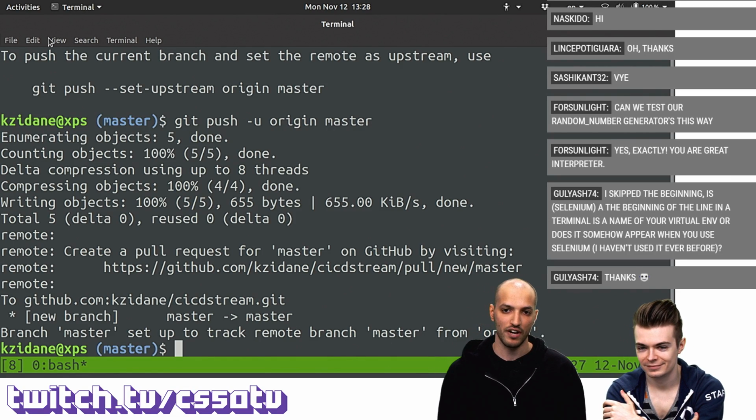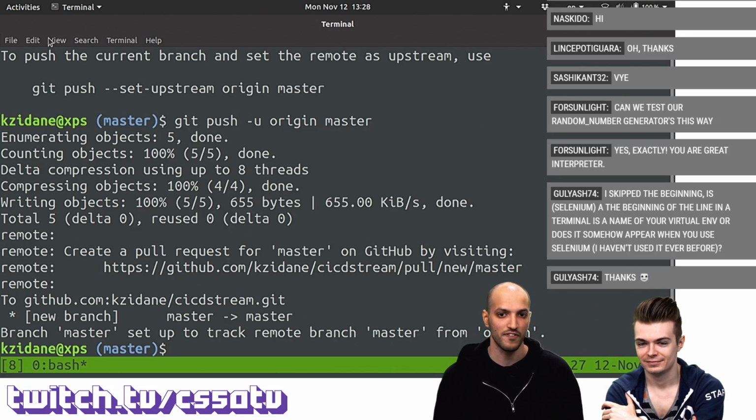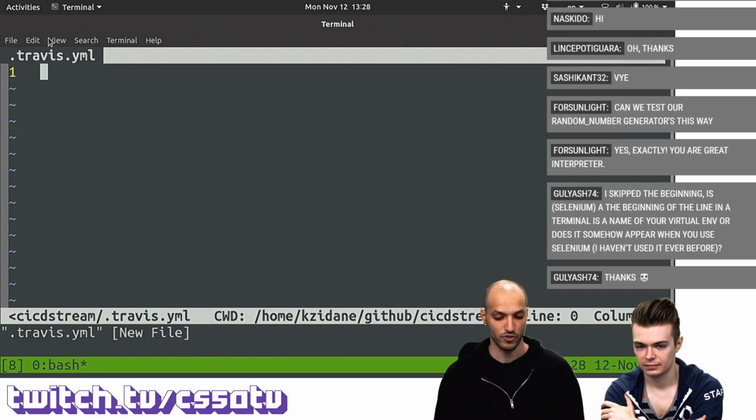So how do we tell Travis CI to run our tests automatically once we push? If we look at the Travis CI documentation, we are going to find that to get started, we need to create a file in the root of our repository, the top level of it, called .travis.yml. So let's do that. Creating a new file, right? And .yml actually stands for YAML, which is a